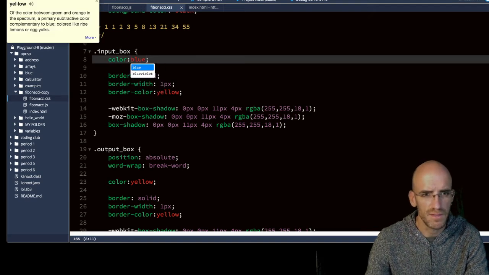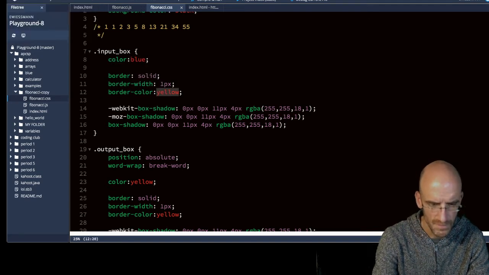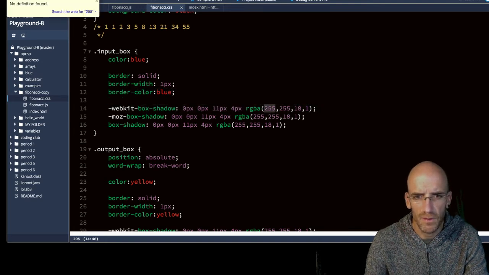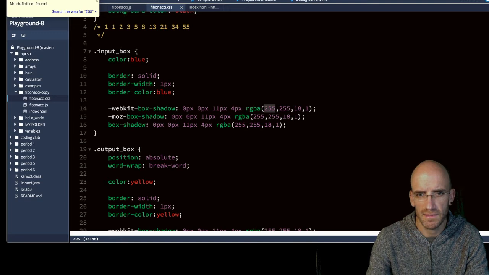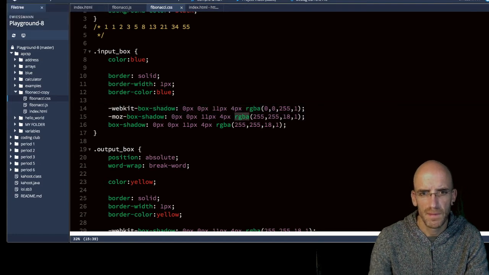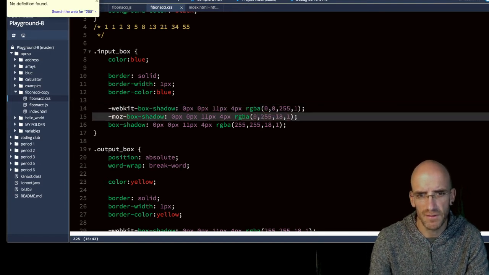So everything that was yellow is now blue. And RGB, so we're going to say like 0, 0, 255. So I'm not even going to the generators. I'm just using the same everything except that it's